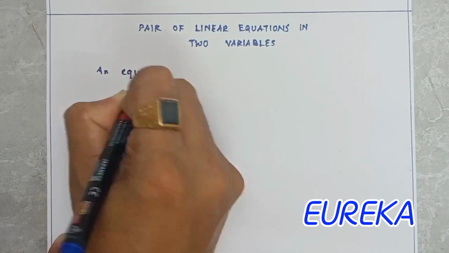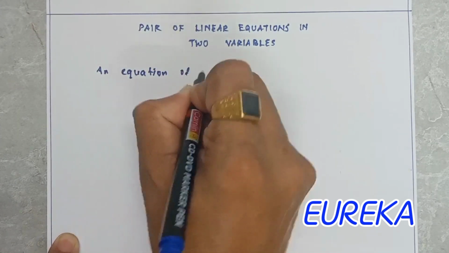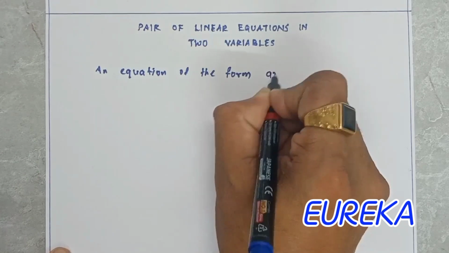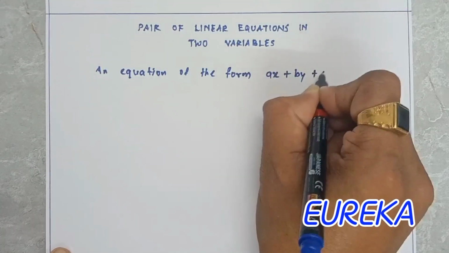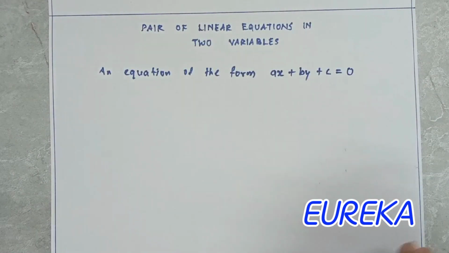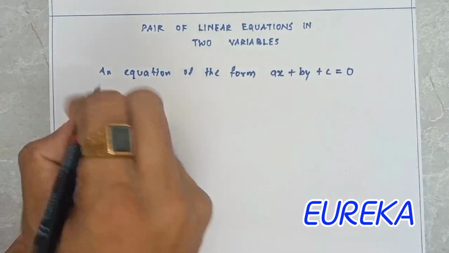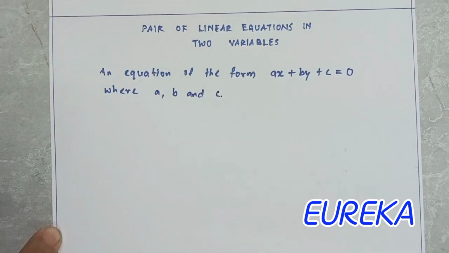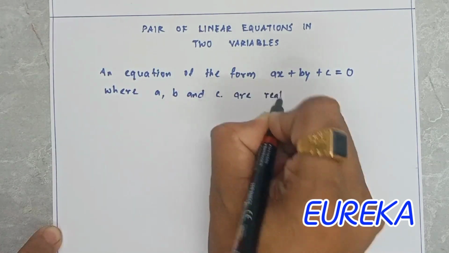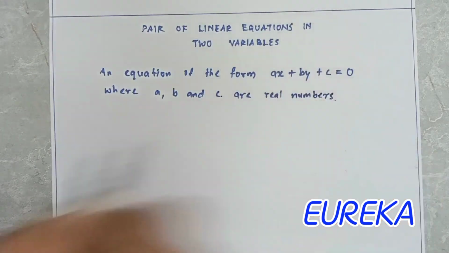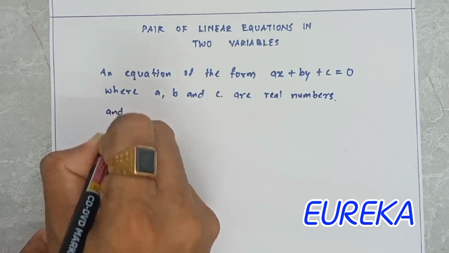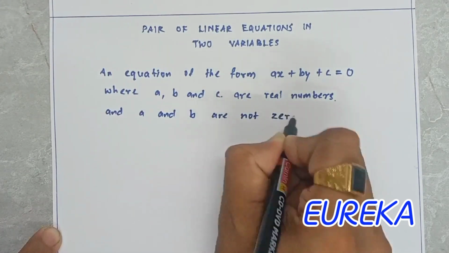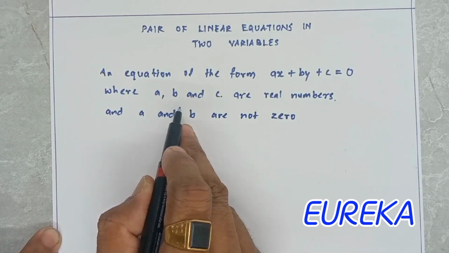An equation of the form ax plus by plus c equal to 0, where a, b and c are real numbers, and a and b are not 0, meaning c can be 0 but a and b will never be 0, is called